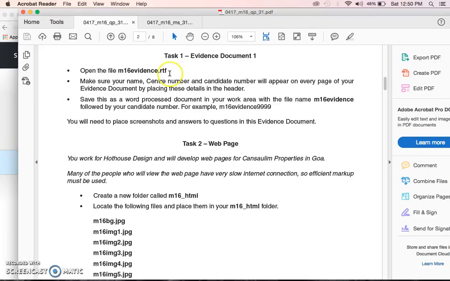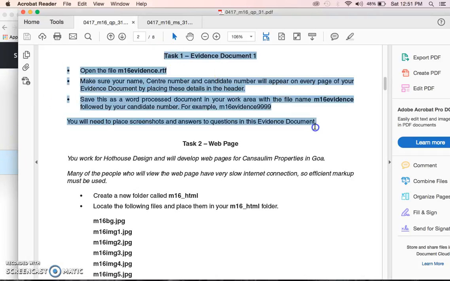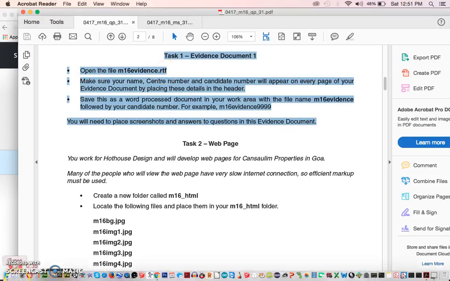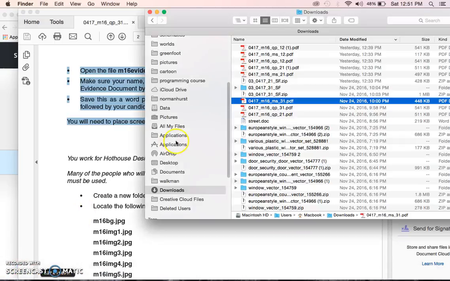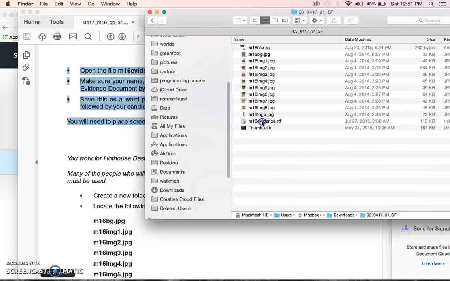Okay, so your evidence document, that's where you would keep your screenshots. It is worth actually getting into the practice of doing that now, I would say. So just open up. It does say open the evidence file RTF. It probably is actually at this stage worth doing that. So there will be a folder on your desktop, or I'll email you the folder, and you would just double